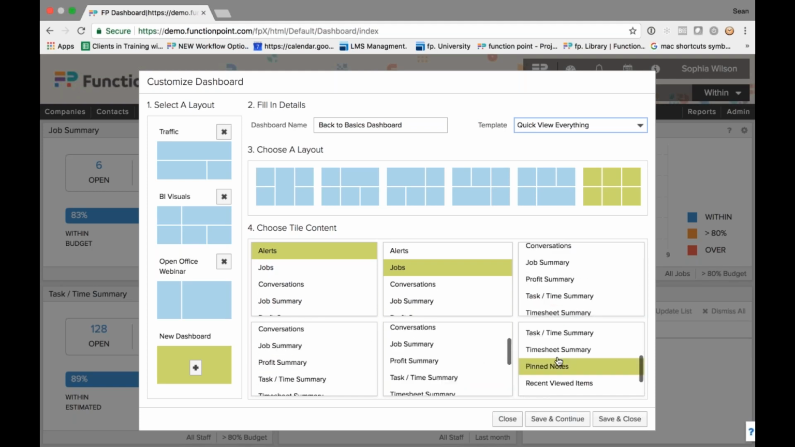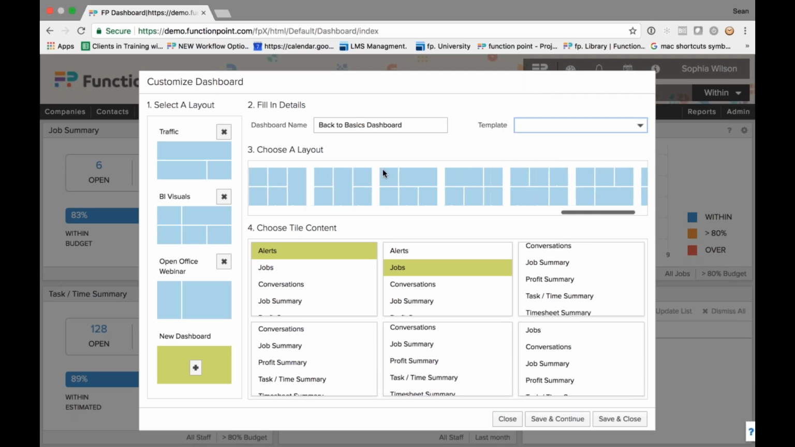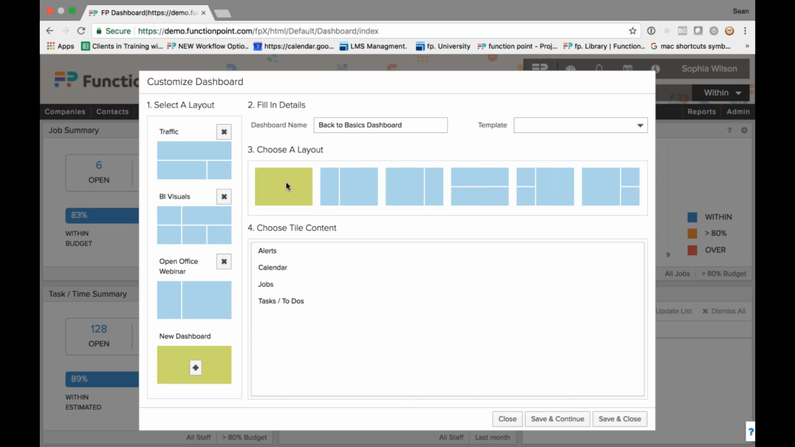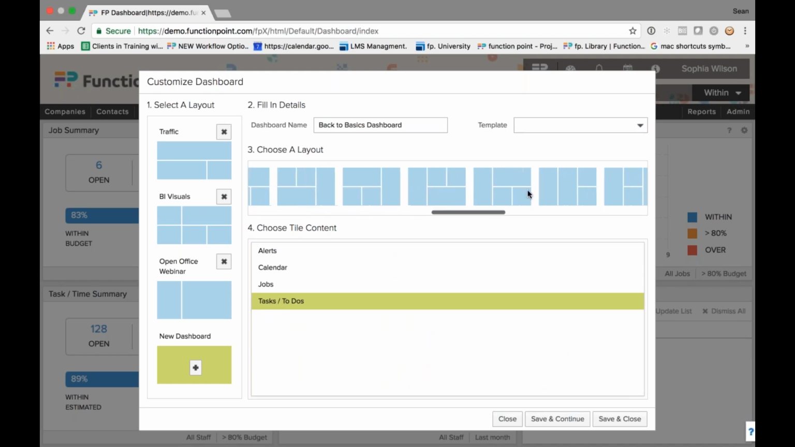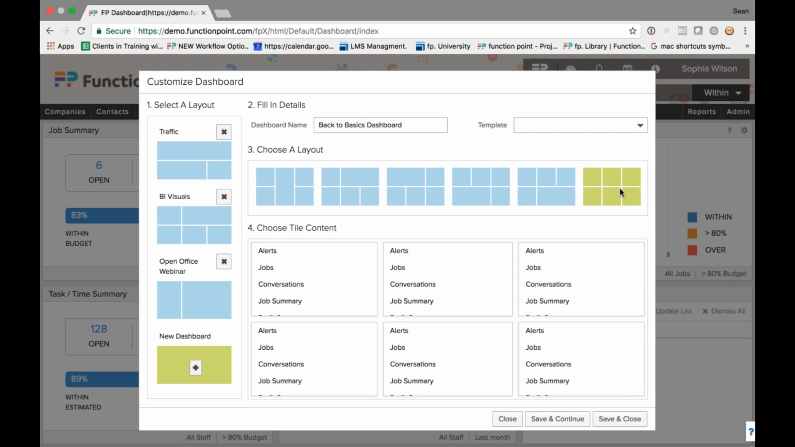If I wanted to do this completely from scratch, I wouldn't select a template. And what I do is take a look at the overall layout of the dashboard, and I'd pick and choose how much information I would like to see here. So if I just wanted, for instance, one large piece, that's my task and to-dos panel, I might select that. If I wanted lots of detail on my dashboard, I can move all the way over to the right side, and I can select this 6-pack option here, which is going to give me the ability to choose 6 different